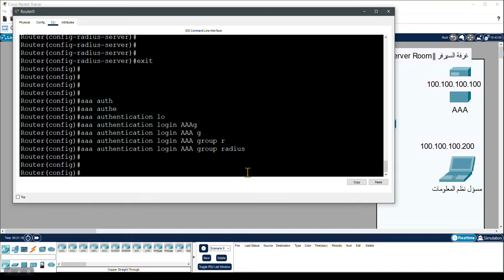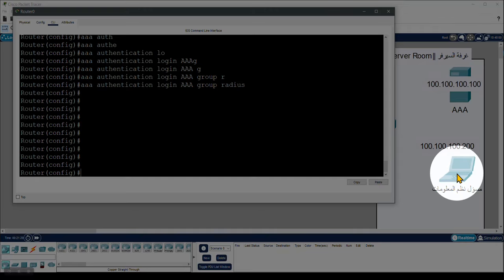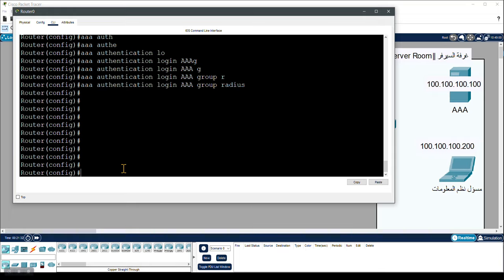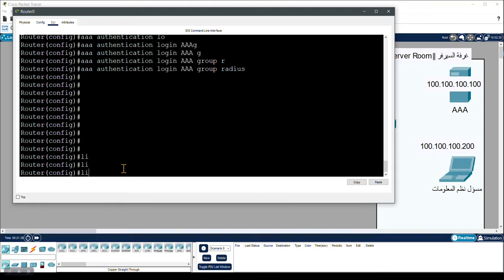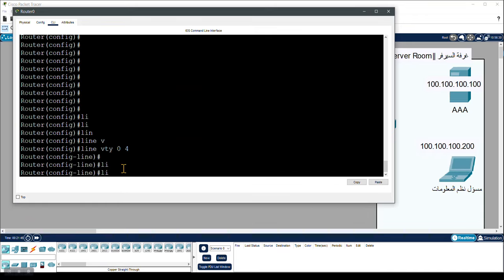Now we did finish configuring the AAA authentication. Now I will configure or enable the remote access, so the admin can remotely access the router. This is the VTY line. So I will go line vty from 0 to 4, which means 5 users can log in at the same time. Then login